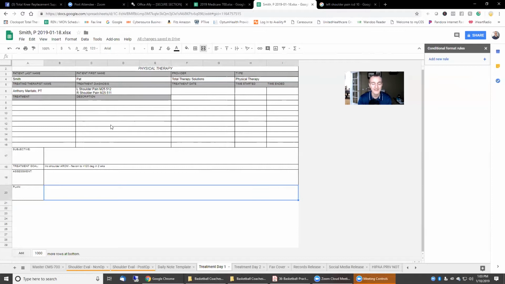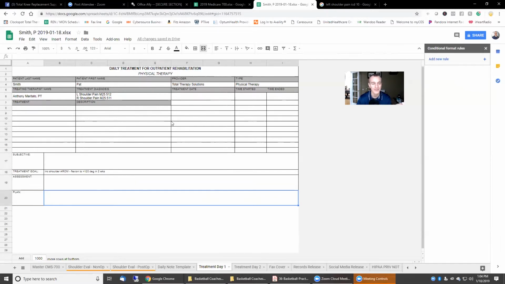If you're using PracticeMate, you can upload it into PracticeMate, and it stays with the accounting side of the information. I'm still working on developing the treatment note. I'm going to use these treatment notes a little bit to see how it works. In the back of my mind, because you guys are probably looking at this, I probably think of something like this would be Therex, right? And this might be bike, and this might be calf stretch, and this might be